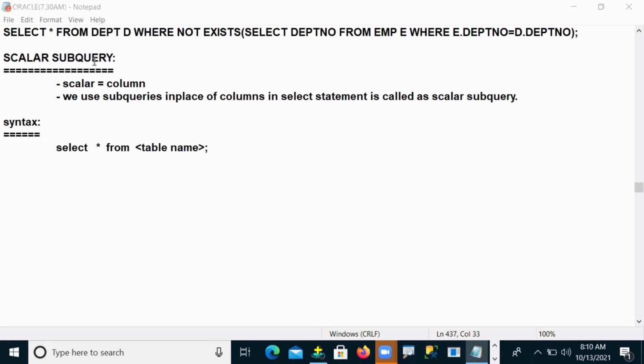Tell me, star is nothing but all columns, right?